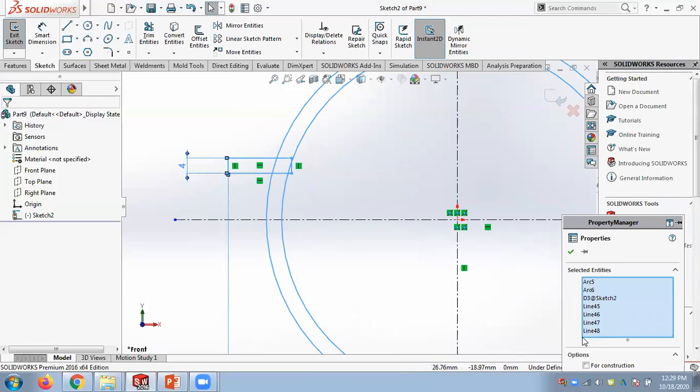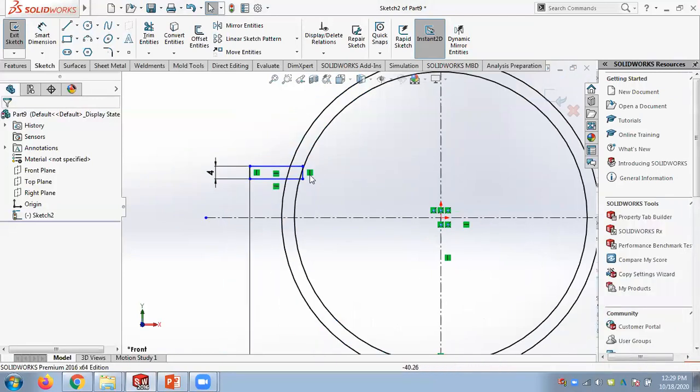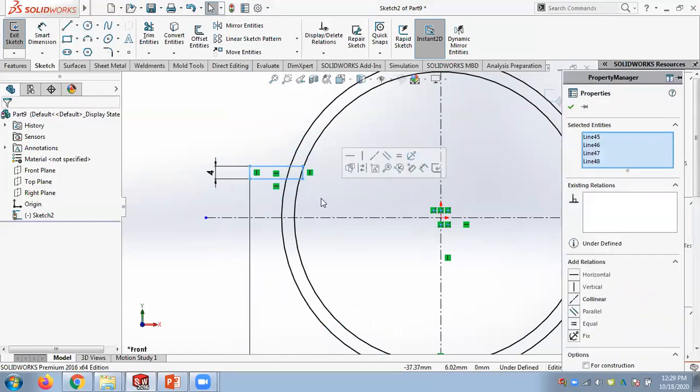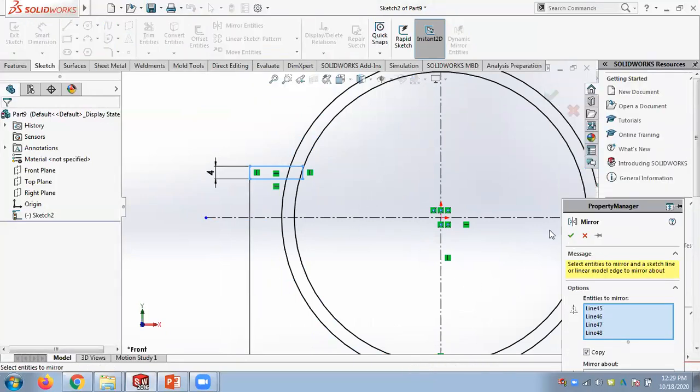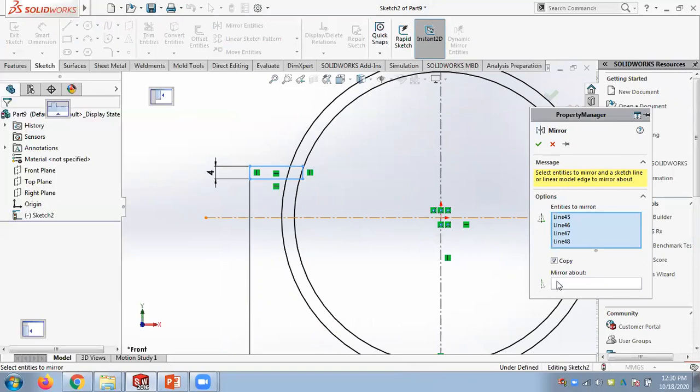All the unnecessary lines will be selected, so I don't need that. So we have to select like this. So we selected these lines and apply the mirror. Mirror about this.